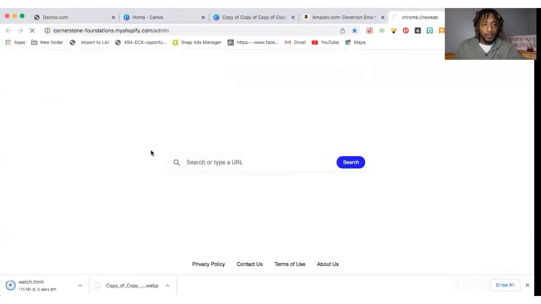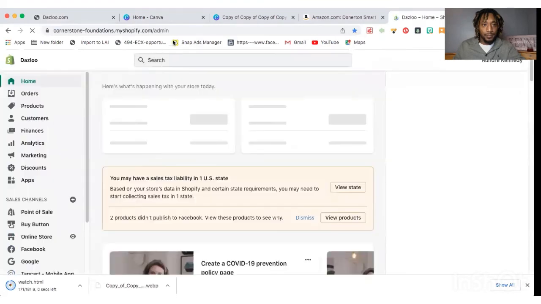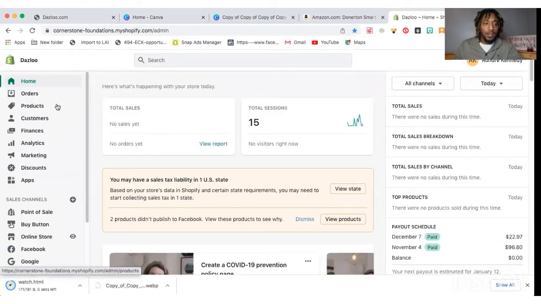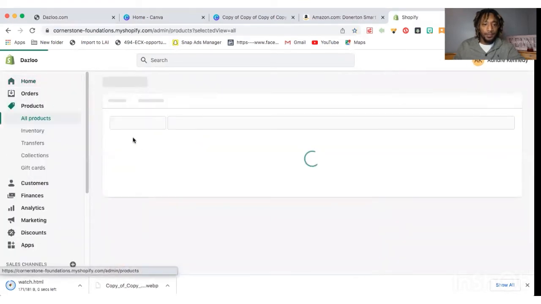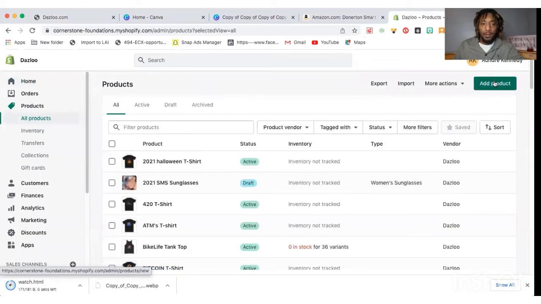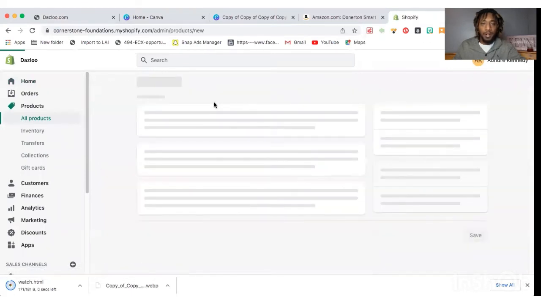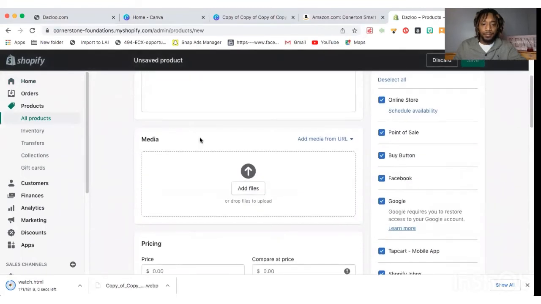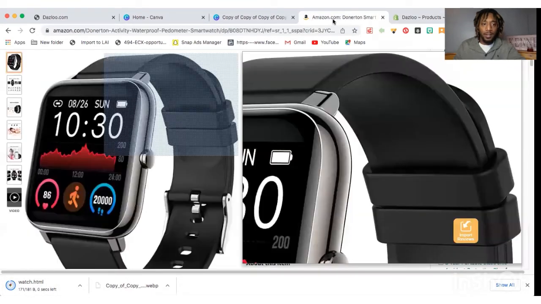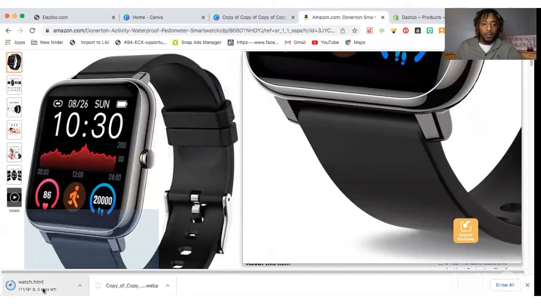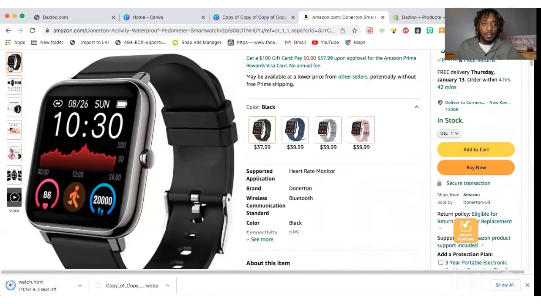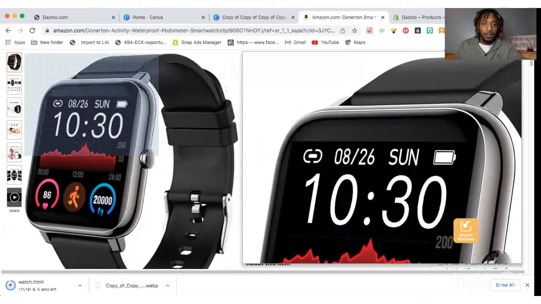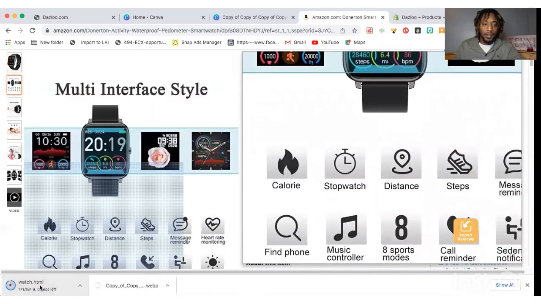Give me one second. We can upload these to our product page, right? So if we go to our product page and add a product, it's asking for media. This picture's not finished loading yet. But once it's finished loading, we'll be able to take this picture and directly place it on our website.